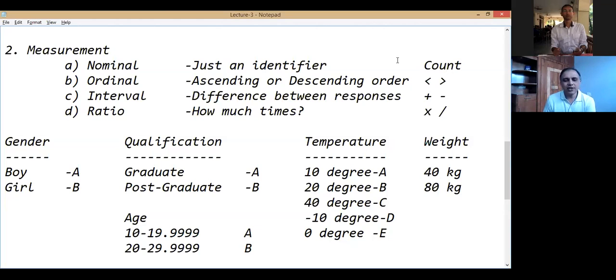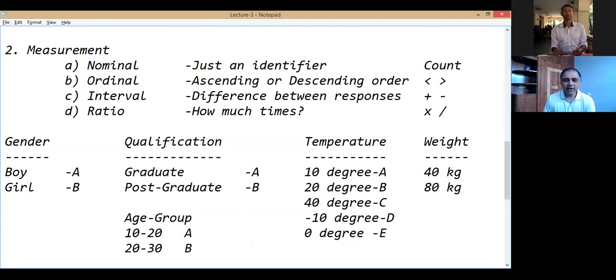So if we compile things, and come back to this question of age group, look at it once again. How do you see age group? Is this ordinal or is this interval? What do you see? Look from the properties which I have spoken about.